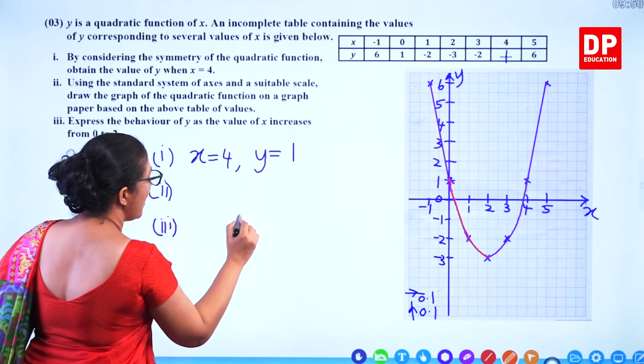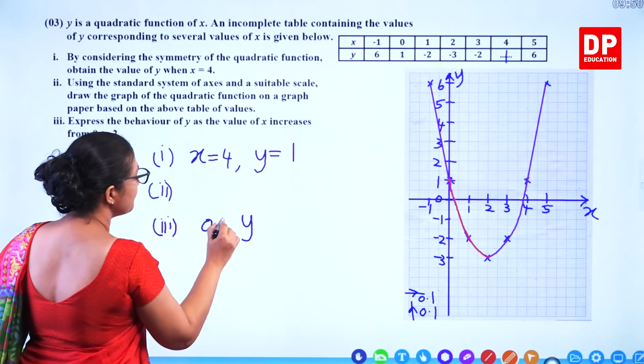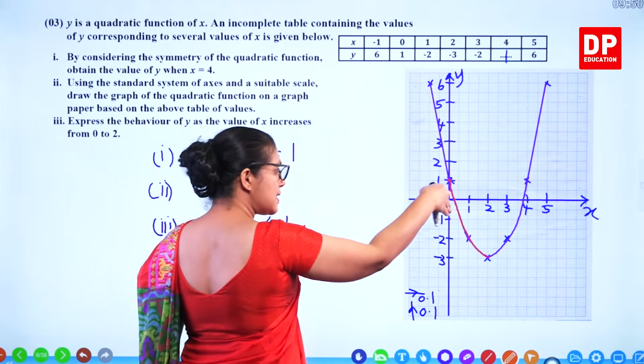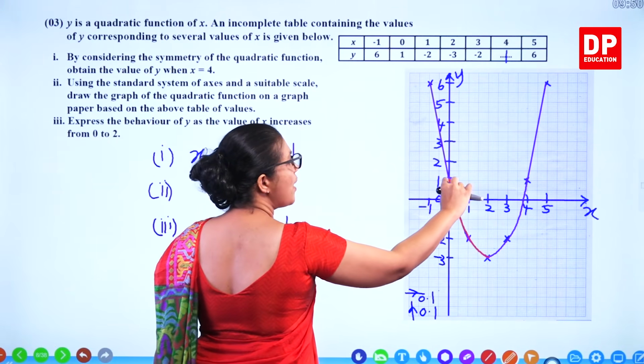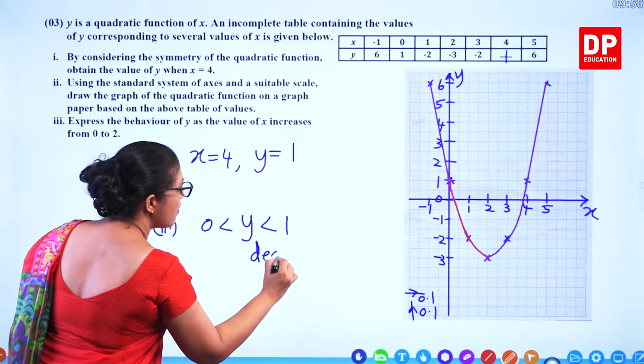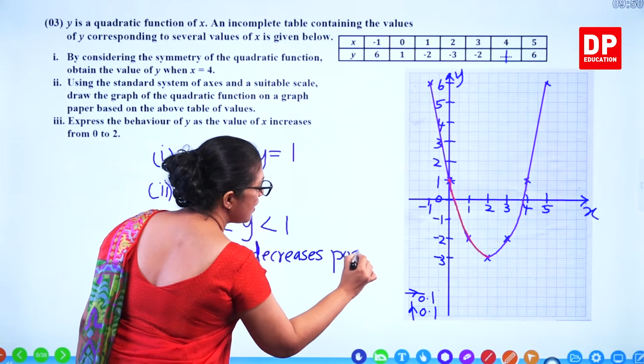So y value 0 to 1. What happens? This decreases positively. So when y is in between 0 to 1, it decreases positively. Then after that,